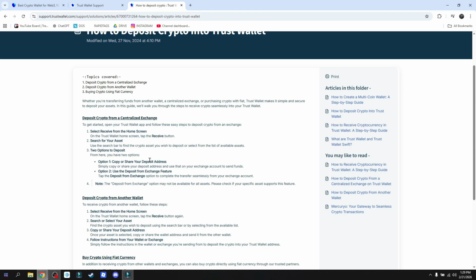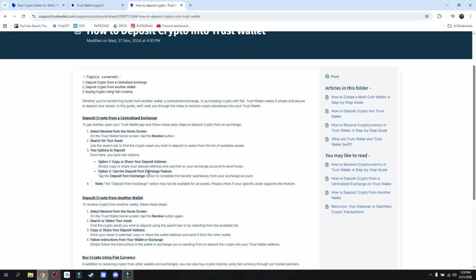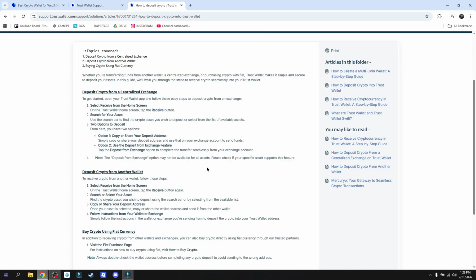Now, for you to have it approved, you must deposit crypto from a centralized exchange. Of course, as usual, select Receive in the home screen of your Trust Wallet dashboard and then search for that specific asset by using the search bar to find the crypto asset you wish to deposit, or select from the list of available assets. There are two options where you can deposit: copy or share, or use the deposit from exchange